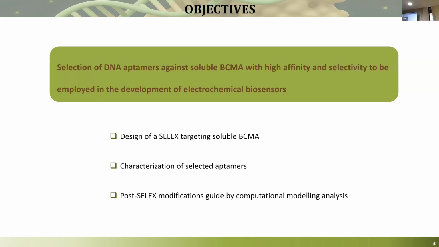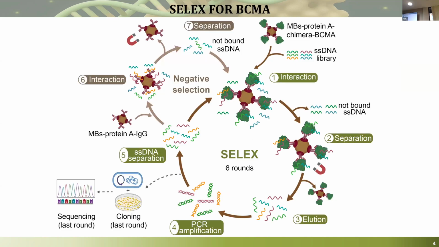So first of all, we did the SELEX. You all know this. So what we did was to perform a protein SELEX using magnetic beads. The commercial protein is a chimeric protein, so we employed magnetic beads modified with protein A. Then, after the interaction with the magnetic bead, just applying a magnetic field, we can separate the non-bound DNA, and then by applying hot water, we can easily separate the bound DNA to do the PCR and the separation to